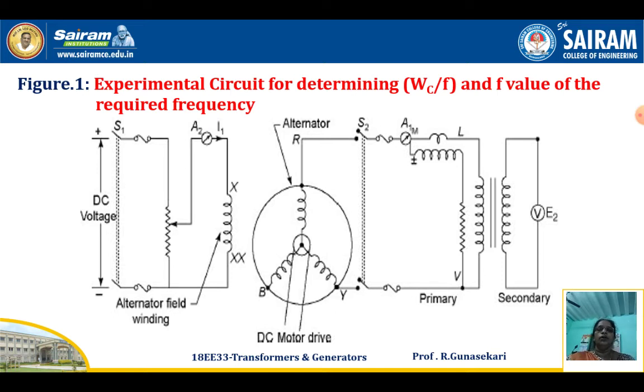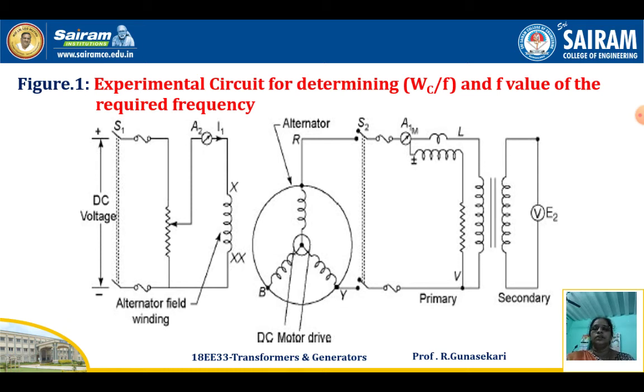The input is the alternator. We are taking the synchronous generator, or alternator. Why are we using the DC motor drive? The DC motor drive is used to give drive to the star connected alternator. Another name of the alternator is synchronous generator. So the synchronous generator means what? Mechanical energy is converted into electrical energy. That means mechanical energy is input, electrical energy is output. Okay, for mechanical energy purpose, the DC motor is coupled with the alternator.